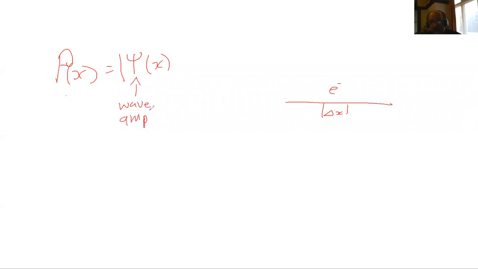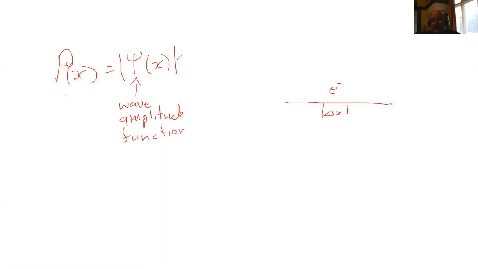our electron, and I'm sorry, let's get rid of that. If we were to take our electron and look where it is on the x dimension, what's the probability that it is exactly there? So P is the probability, and that's going to be between 0 to 1, equals psi, and we're going to take the absolute of this. This is the wave amplitude function, or Schrodinger's wave function, amplitude function.